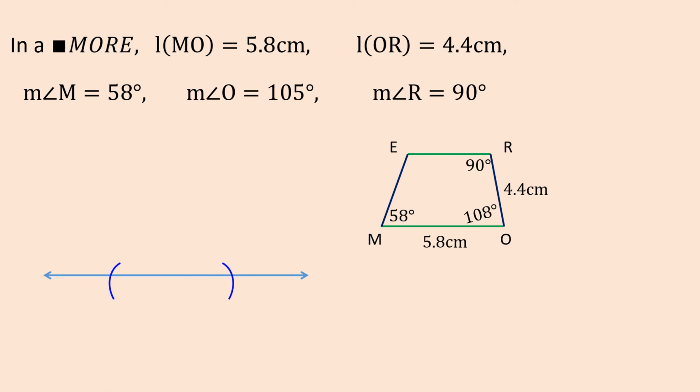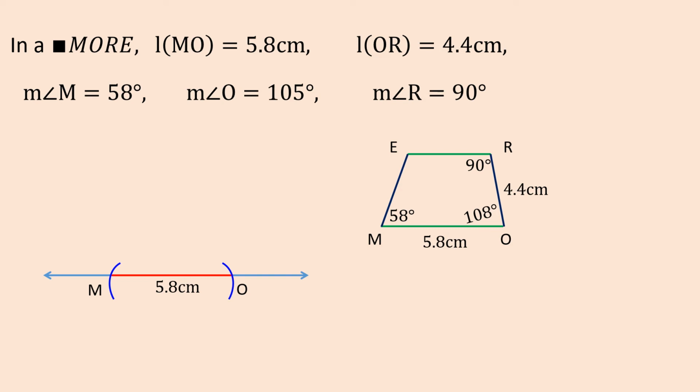So we are getting these 2 points, which will be M and O. I have indicated it with the red segment, which will help you understand that this is the segment we wanted on the line. Then we will name them M and O, and we can write down there 5.8 centimeter. My dear friends, you have seen that in a quadrilateral we require 4 alphabets, out of which we have already got 2 vertices.